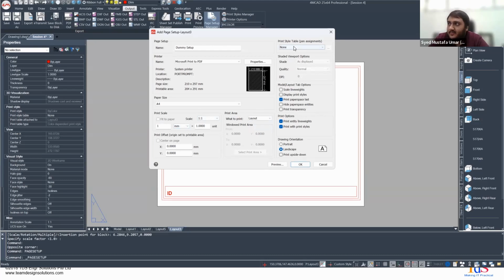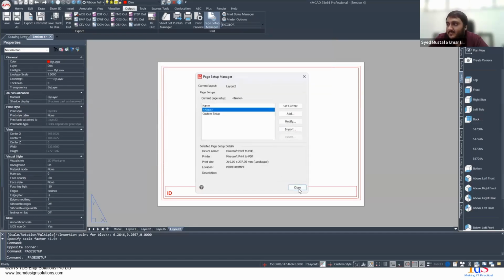This is where you can choose a few other options for what kind of style you want for, I believe, the layers. There are a few other options that you have about the orientation. So right now it is the landscape. That is the way I do it. And once you've finalized all these settings, you can preview it to see what it looks like. That is the purpose. And then once you click OK,